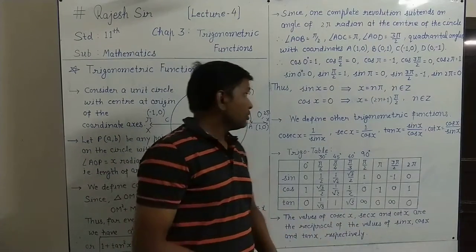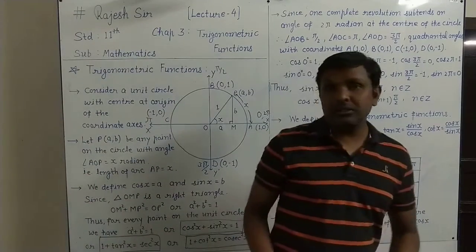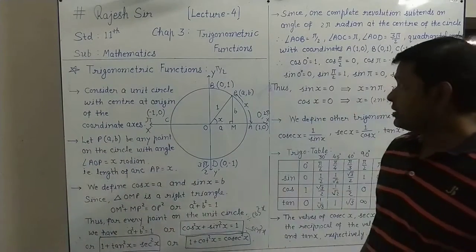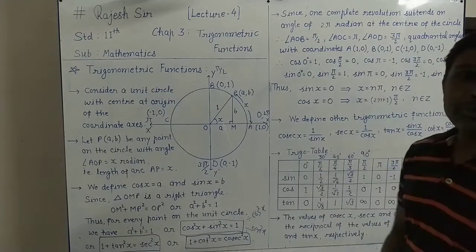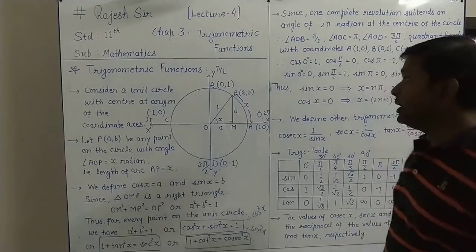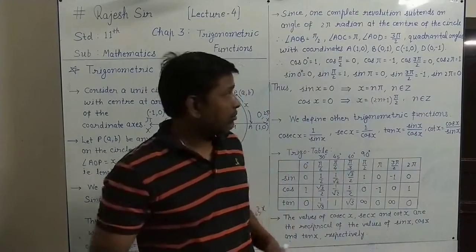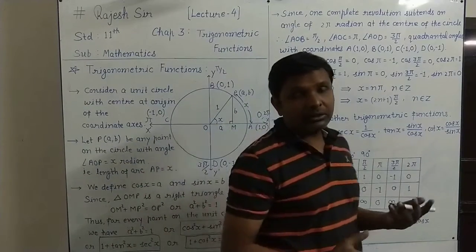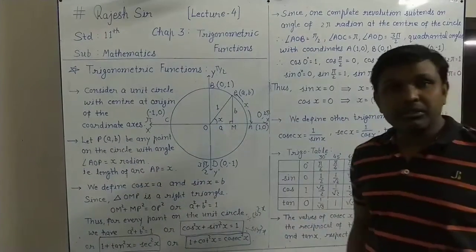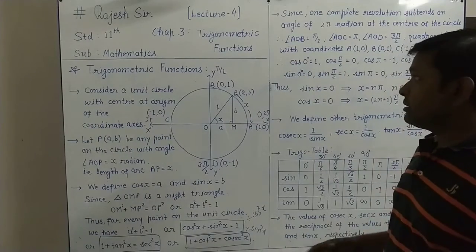So this way, in this lecture, we have defined the trigonometric functions, the relations between them, and some values on specific angles, and this trigonometric table. You need to write it in clean handwriting, and you have to remember this always, because in the coming topics and examples we have to use all of this every time, in examples as well as in exercises.